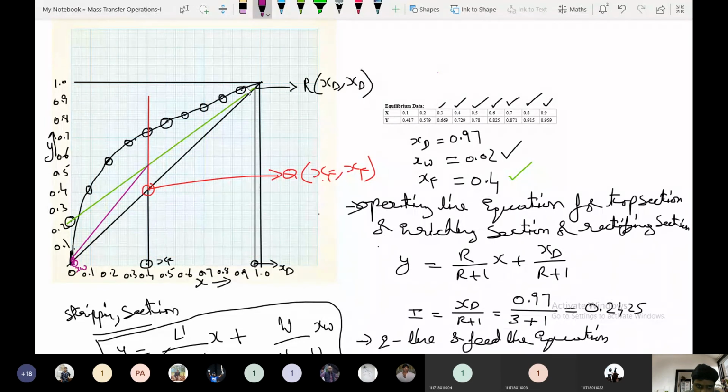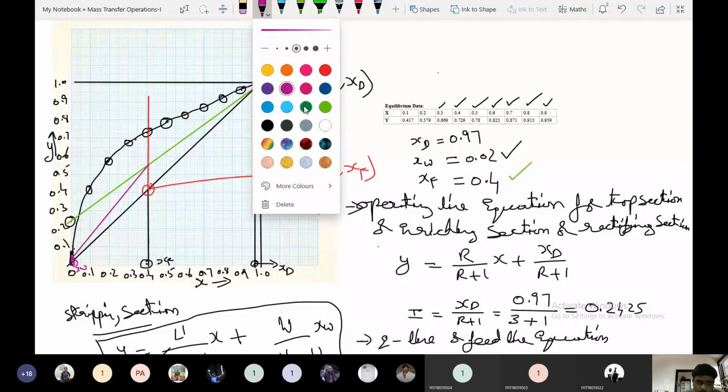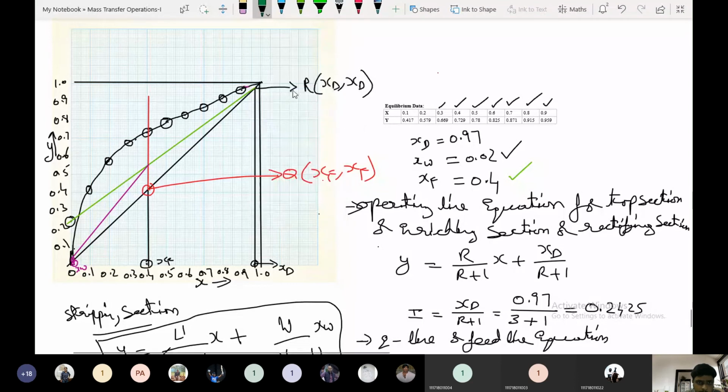From this one, first we have to draw for the plates in a different color. We will use dark green. Now from this point you have to draw first a horizontal line. Looking at the lines in the graph paper, it will be very easy. So up to here it will come. From this one you have to draw the vertical line. After drawing this vertical line, in similar fashion, you have to draw the horizontal line.